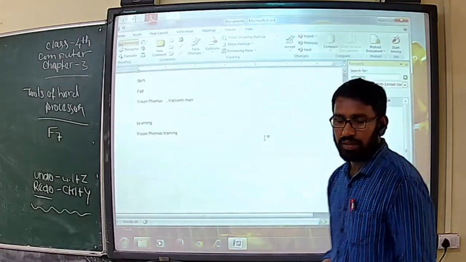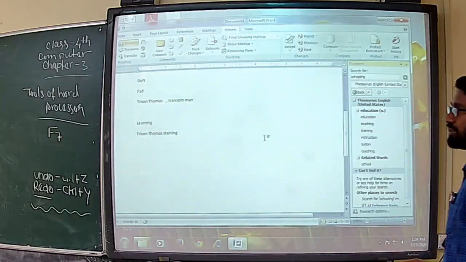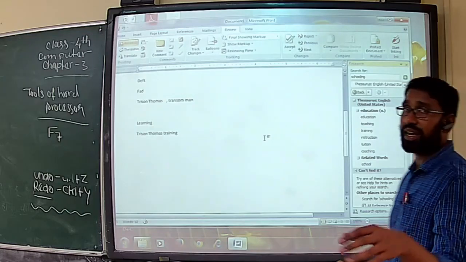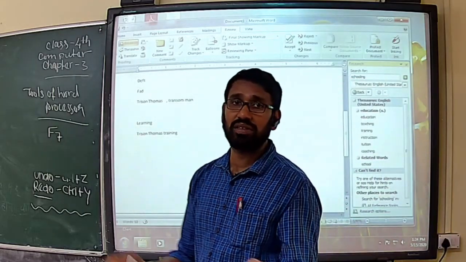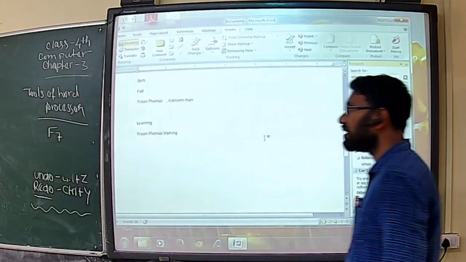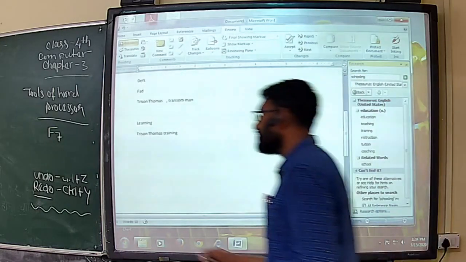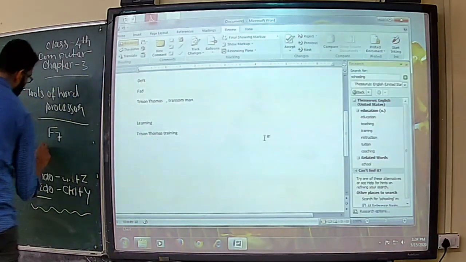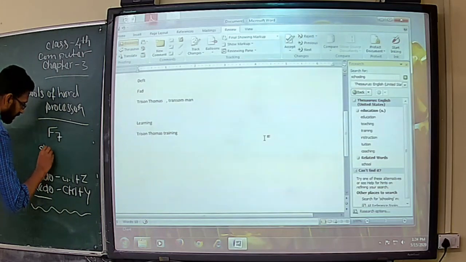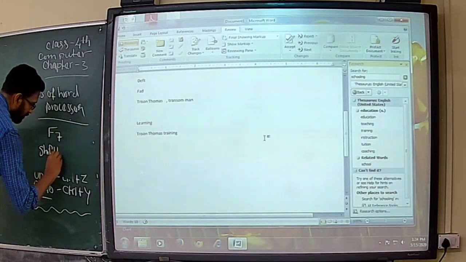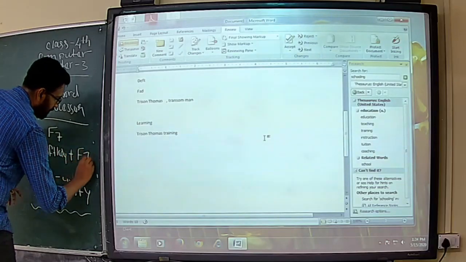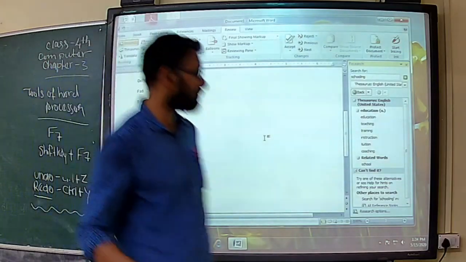And we are also professionals. For spelling and grammar correction we choose the F7 key. For accessing Thesaurus, we can choose Shift plus F7. Shift key plus F7. When you hit that button, I'm closing the Thesaurus.